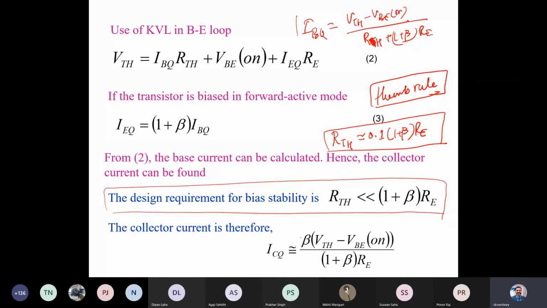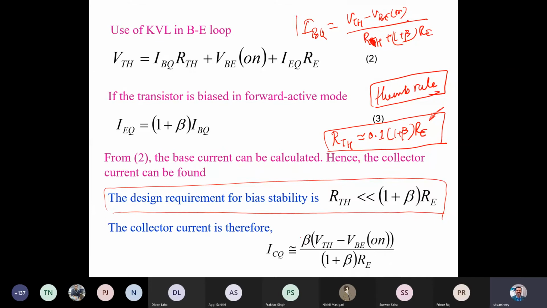So if you have to design a circuit, let's say a voltage divider circuit, how do we arrive at those points? Considering the bias stability criterion, RTH is 0.1 times (1 plus beta) times RE, we can estimate the values. Once we know all this, it will be helpful when you want to design the circuit, finding the unknown parameters with the help of these thumb rule equations.